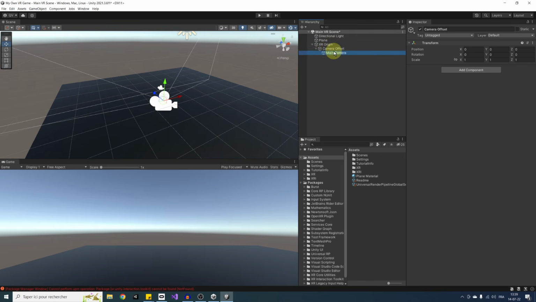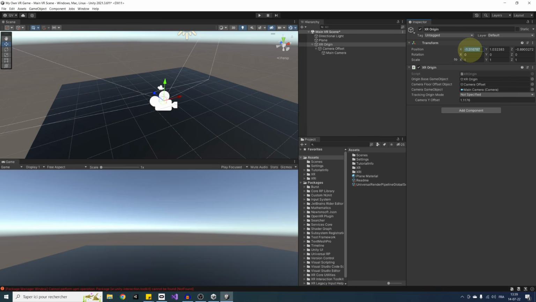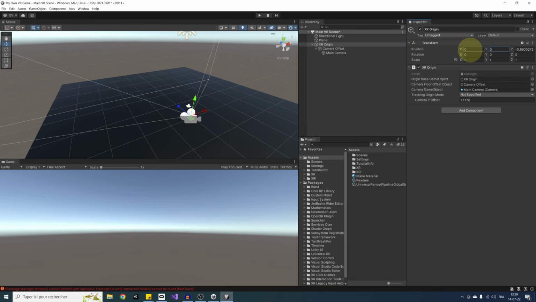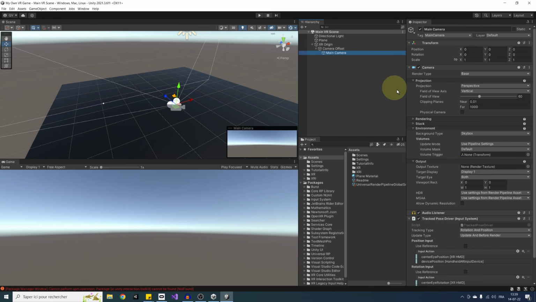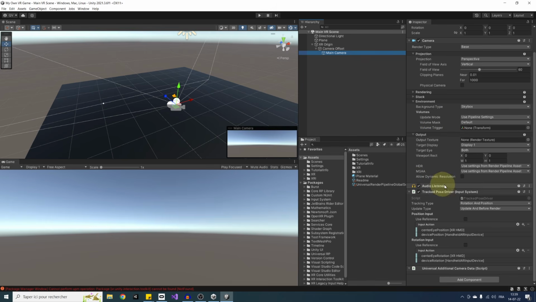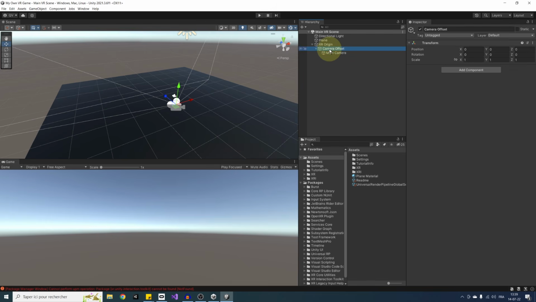So let's make sure that this XR origin is at the center of the game by setting its position and rotation to 0, 0, 0. And as you can see, this XR origin is a bit the same as what we did earlier. We also have a camera that has the track pose driver, but thanks to the interaction toolkit, we now have